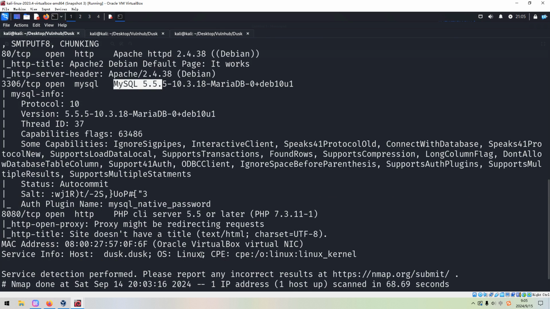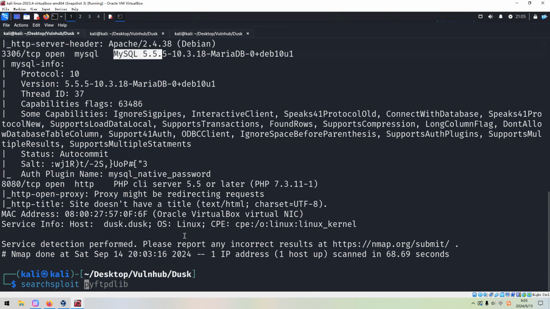Okay, so what do we have to do next? Just as I mentioned in the other videos, if the target has a file sharing service running, for example, like the FTP service, Samba service, NFS service, such services should become the first choice to enumerate. This case would be the FTP service. So how to enumerate? First of all, we need to check whether this version of FTP service is vulnerable.